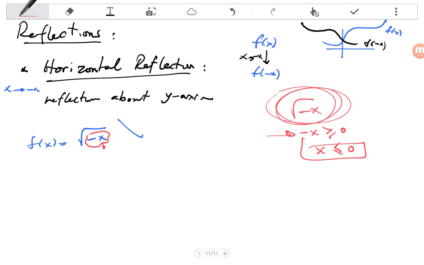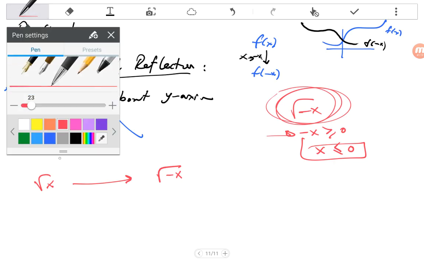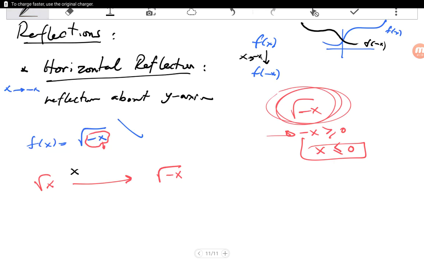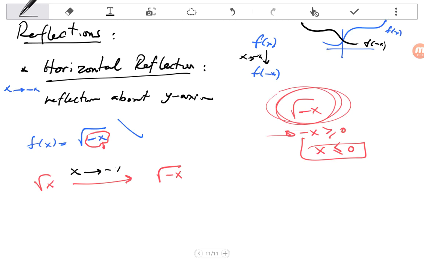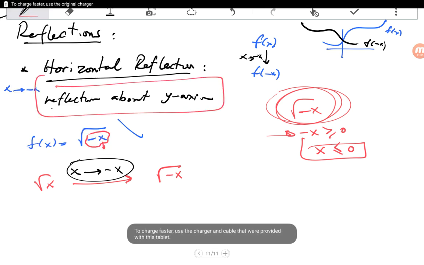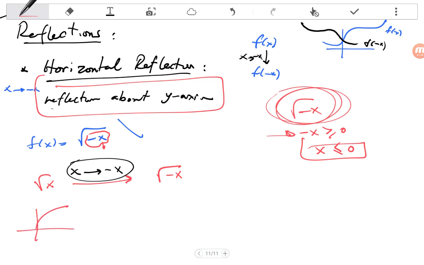Okay? So if I need to graph this function, what I know is root x. How would I transform it to root minus x? What is the transformation that I would make in this case? It is to replace every x with negative x. So what does that mean in the transformation that I have studied? It means making a reflection about the y-axis. So if I know the graph of root x, which is like this,